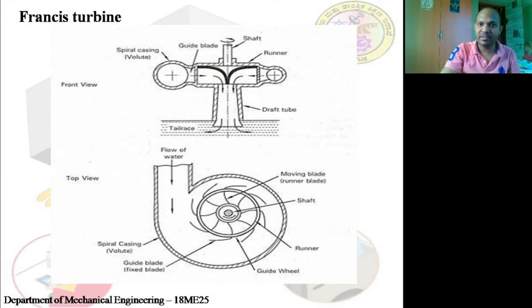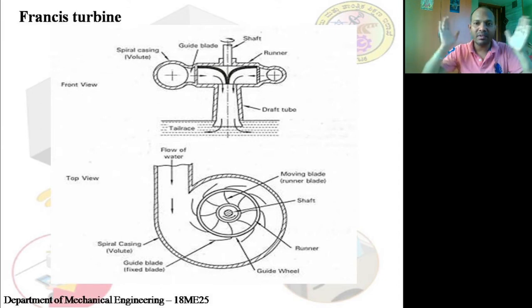It falls down axially. Now one small example: if water is falling from the second floor through a pipe and you keep something at the bottom, it will corrode the floor itself. It will destroy the floor itself. Then just imagine so much water coming out axially. What happens? It will damage the floor itself. So what we do is, since it comes with a very high velocity,